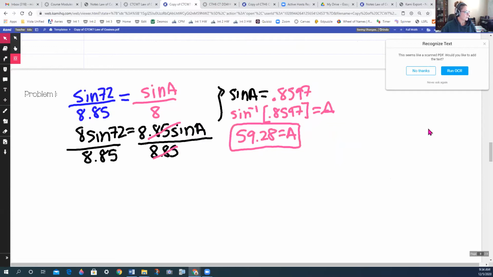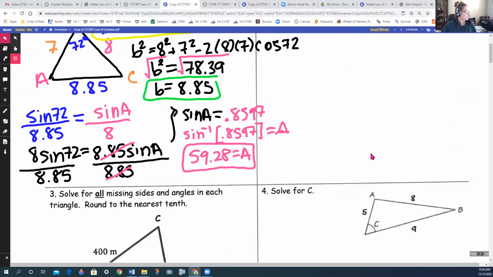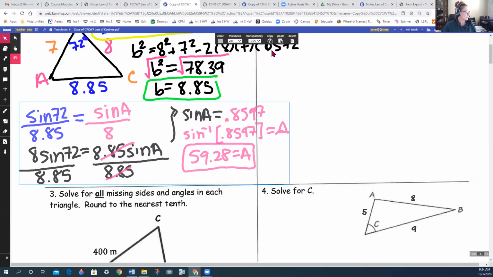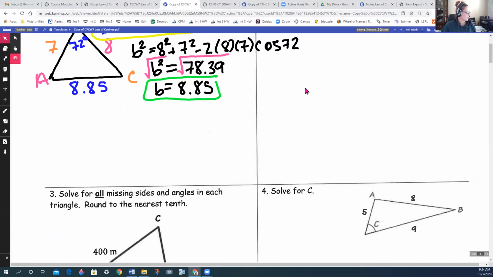Okay, and now I've got that there. And then I can come up here, and this one I don't need anymore. Okay, so I'm going to reselect it, and I'm going to delete this one,